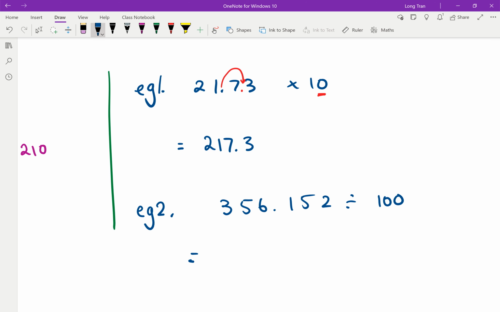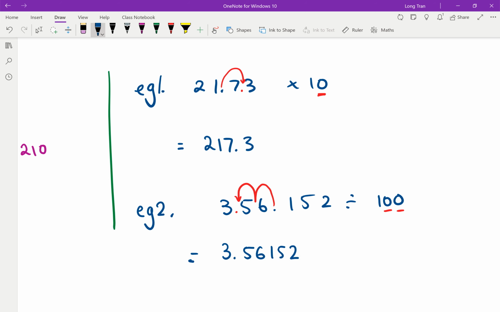Very good. So in this case, when you're dividing, you're getting smaller, so we move to the left. We move the decimal point, instead of moving to the right, we move it 2 place values, because 100 is 2 groups of 10. So that means you're moving 2 place values away or smaller. So here, you can think of it as the decimal place moves to the left by 2. And you would then say your answer is